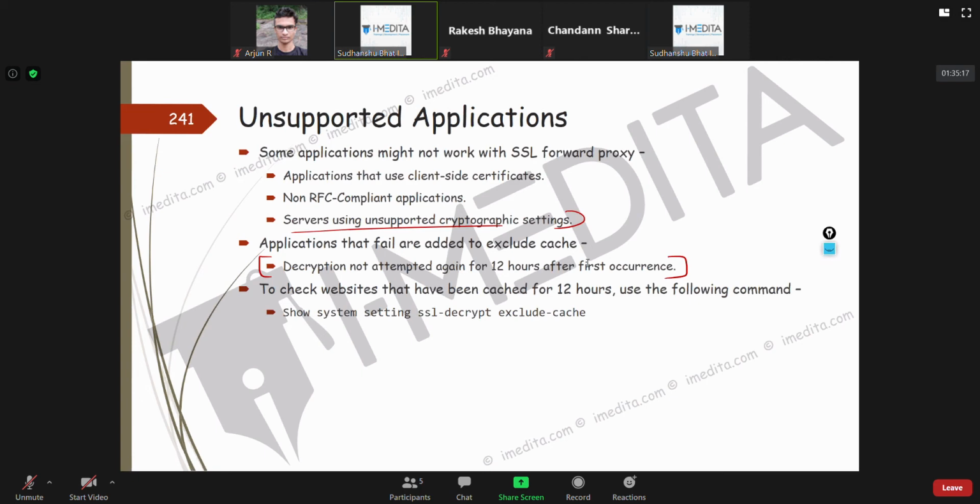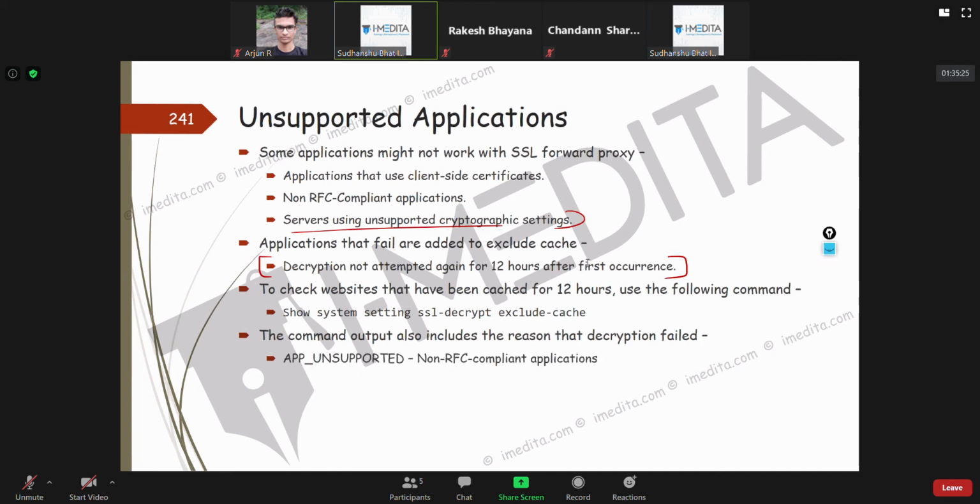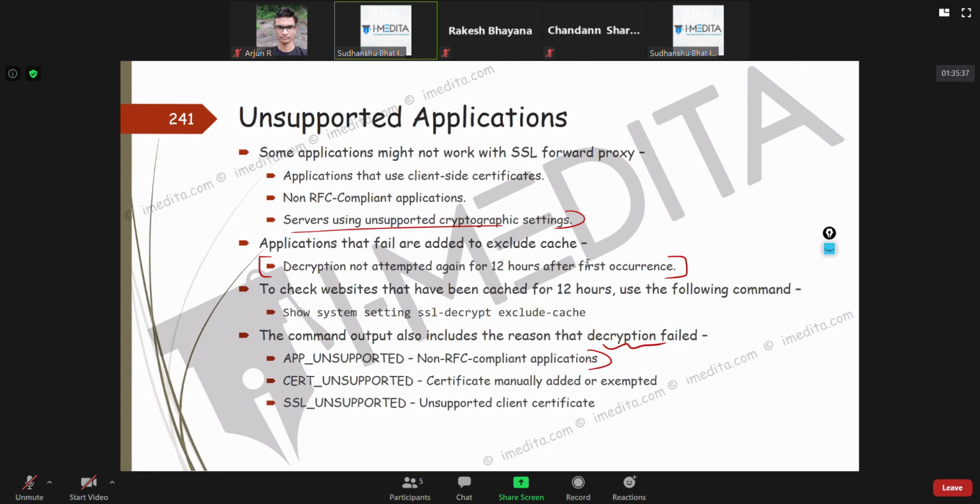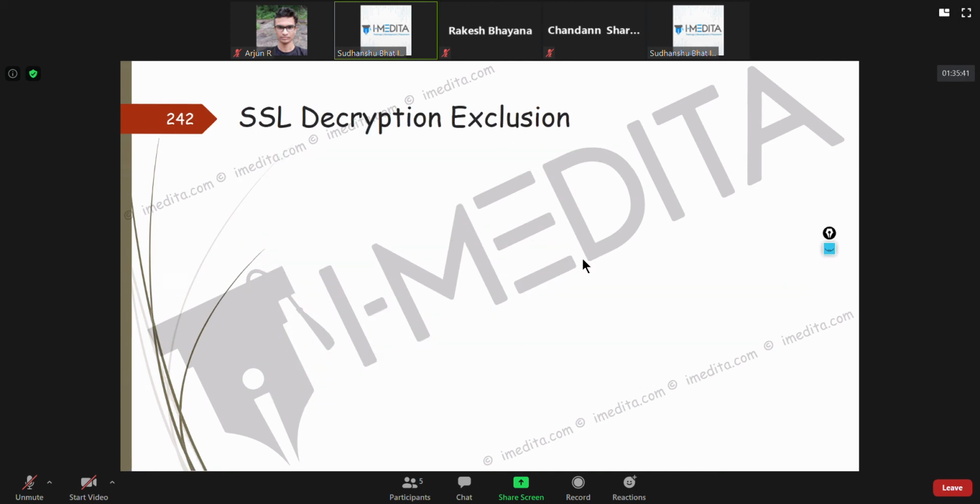Also, you could check it using CLI from this command. The command will also give you a reason why the decryption failed, like app unsupported, certificate maybe unsupported, maybe SSL version is unsupported. Now for this, like I told you, we can have SSL decryption exclusion. What's that?